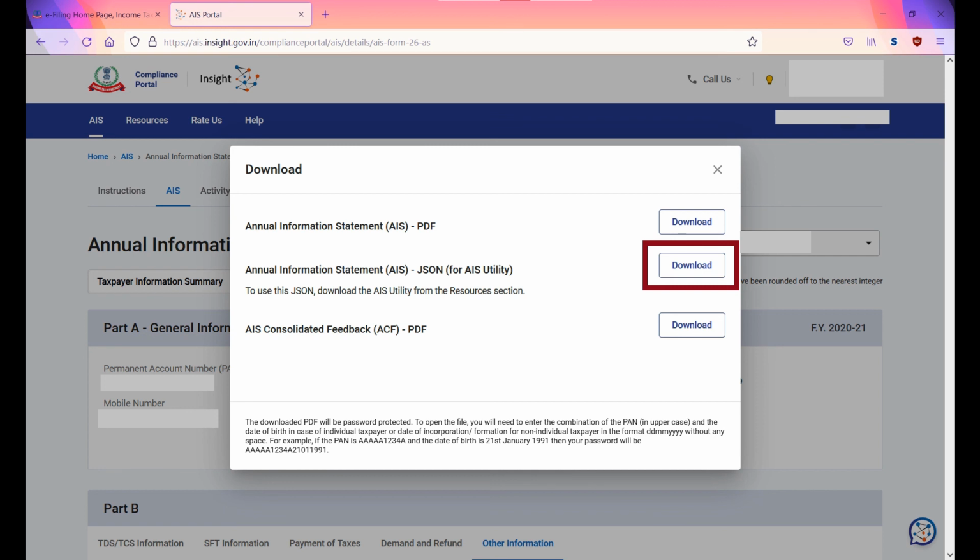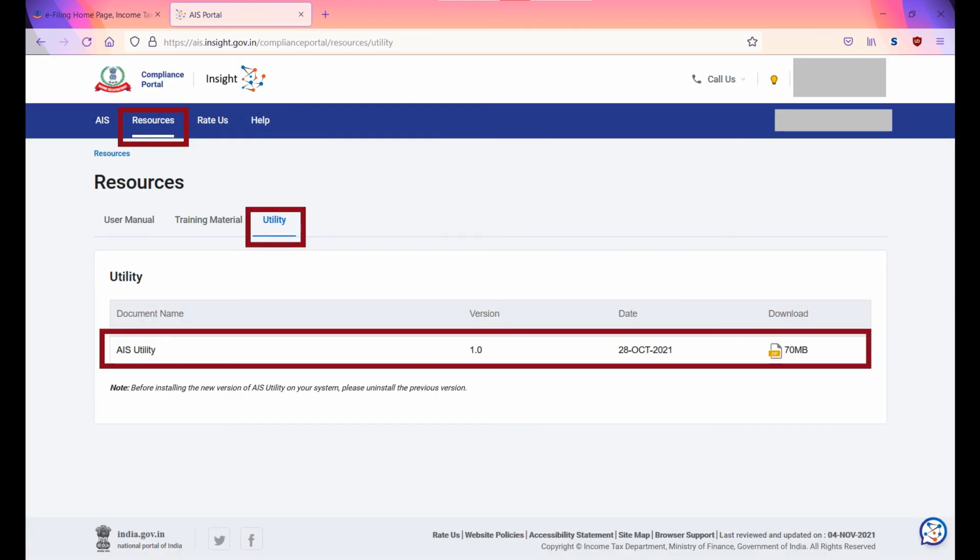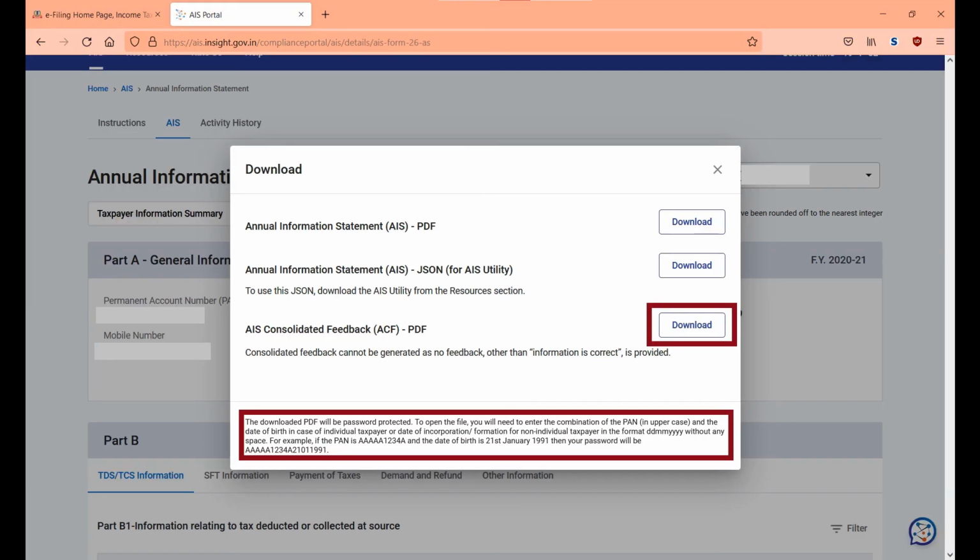In order to use this JSON file, you have to first download AIS utility. This can be done by clicking on the utility under resources tab. Once you submit the feedback, consolidated feedback can be downloaded in PDF form by selecting download. The files that you download will be password protected. So to open the file, you need to enter PAN in uppercase followed by date of birth or date of